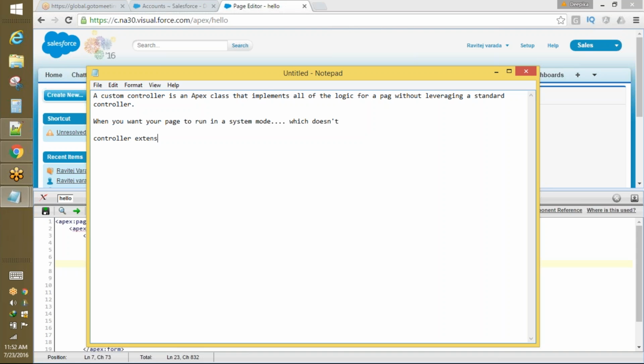What is a controller extension? A controller extension is an Apex class which basically extends the functionality of a standard or custom controller. If you want to do more from a standard controller, or if you want to do more from a custom controller, then you can go ahead and use a controller extension. Okay, so what is a controller extension? A controller extension is also an Apex class